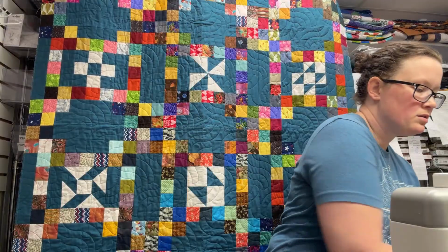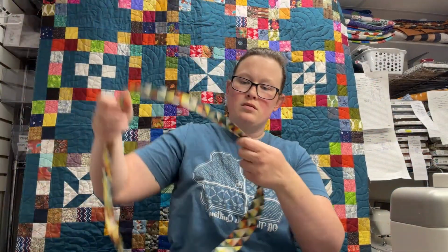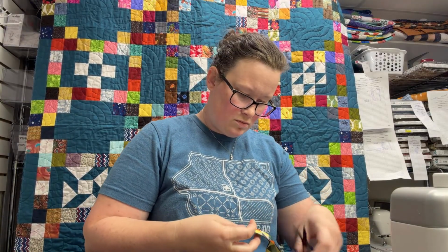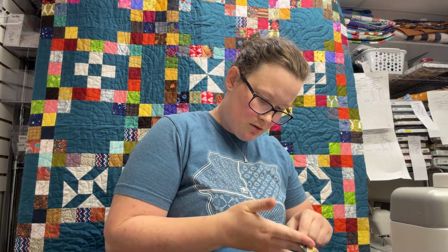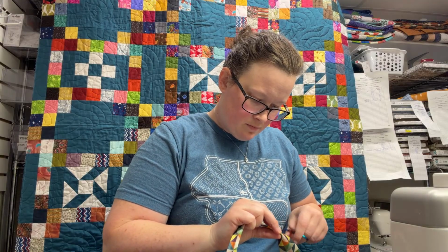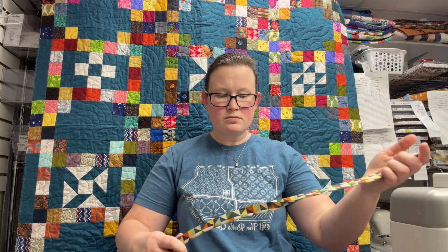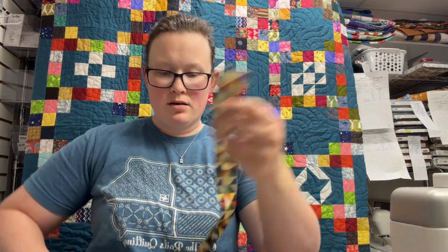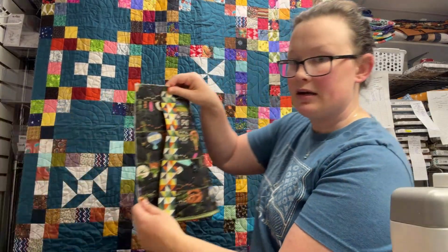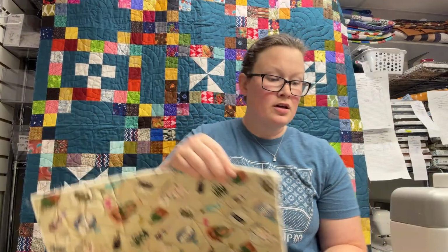got that marked. Gonna take our other handle, snipping that tiny little thread that I didn't get the first time. Oop. It got tangled. Making sure that our strap is the correct side down on the inside of our marked line here. Inside of our marked line, doing that same thing, 1/8 inch in, stitching all the way up